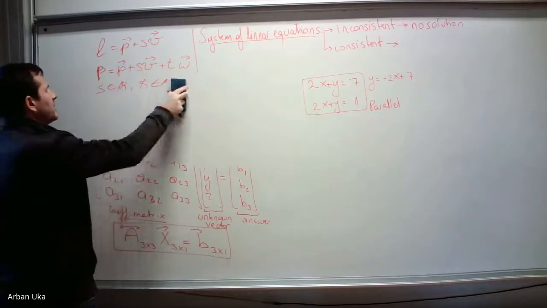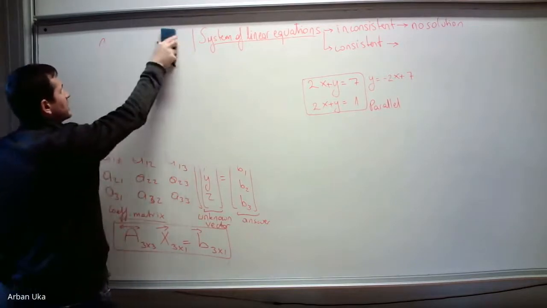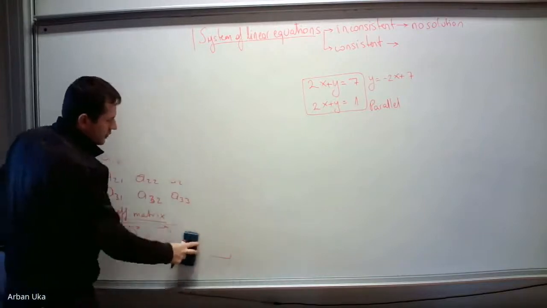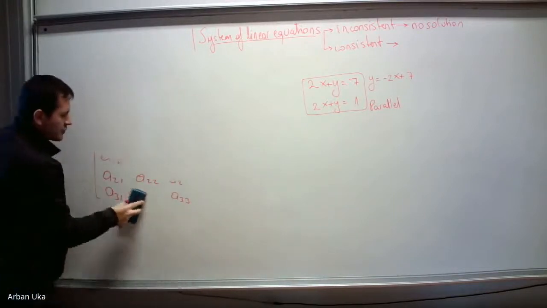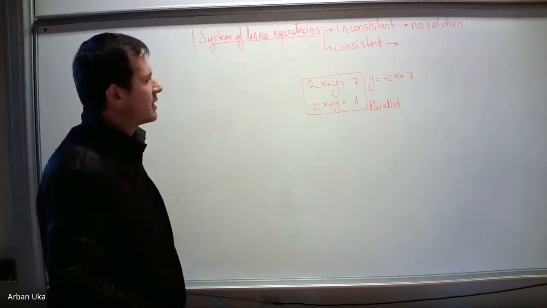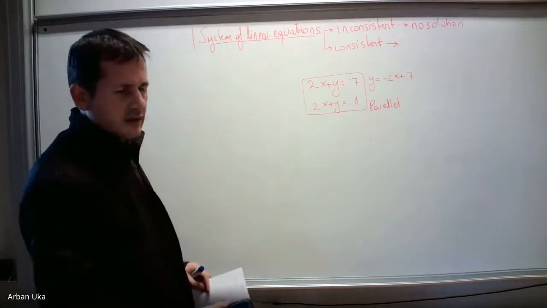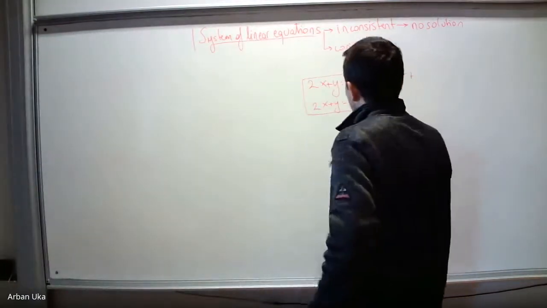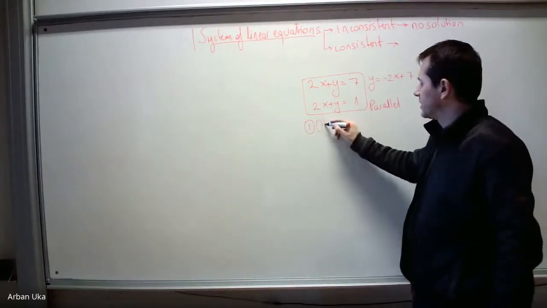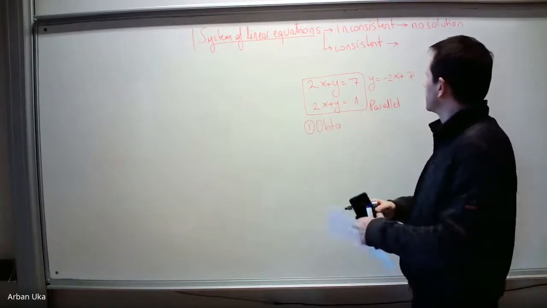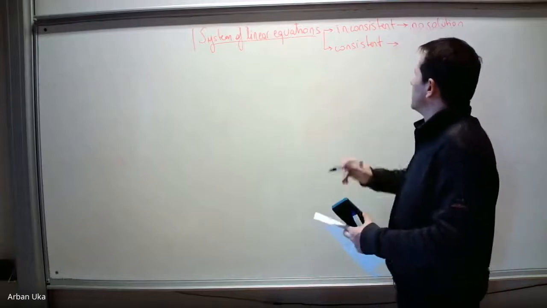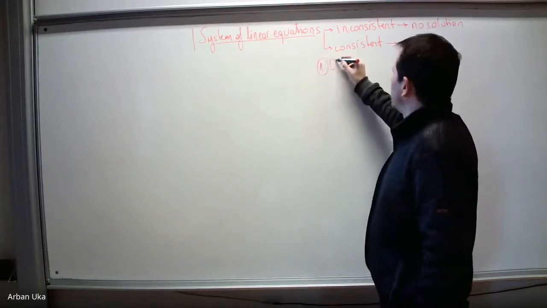But actually, this example that you correctly identified as a system with no solution, it is good to go over the complete procedure that one needs to implement to find the solution. So what are the necessary steps that we need to take to find the solution of these systems? So the first step, what we need to do is that we need to obtain